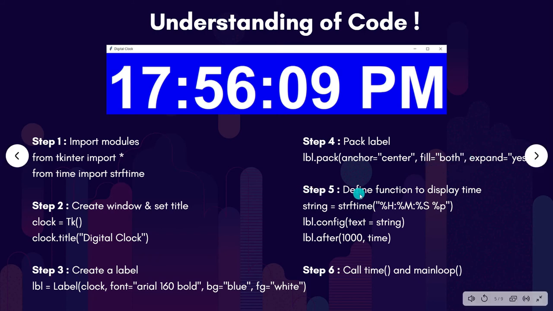And then in step 5 we will define a function to display the time. So we are going to access the system time using the strftime method and then save it in a string variable, and then we set the configurations for this label, and in this we set text equals to string because we want to display the time in this label. And then we are going to use the after method to change the time in 1000 milliseconds,